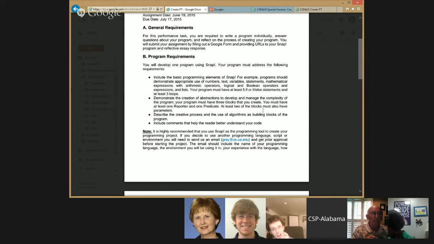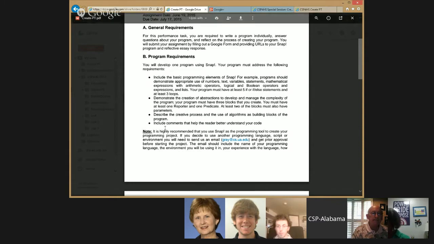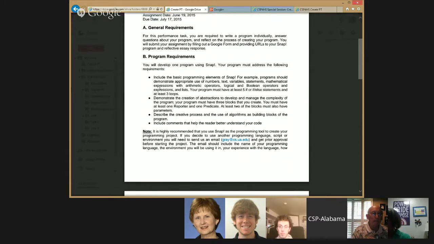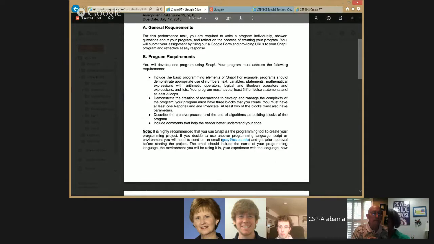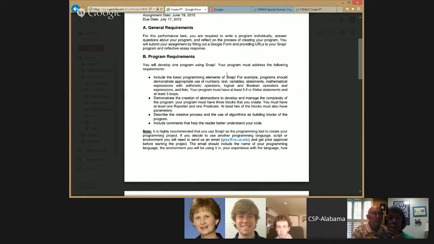So if you've never programmed before, you may not know what those are, but we'll be talking about those in Unit 3, actually in the next lesson. So you need to demonstrate the idea of abstraction, and we'll talk about that moving through in 4. So some of the things that are on this right now may not make much sense, but you'll be seeing some of this as we unveil Unit 3. So this is just giving you an outline here in the program requirements of the things that we expect in